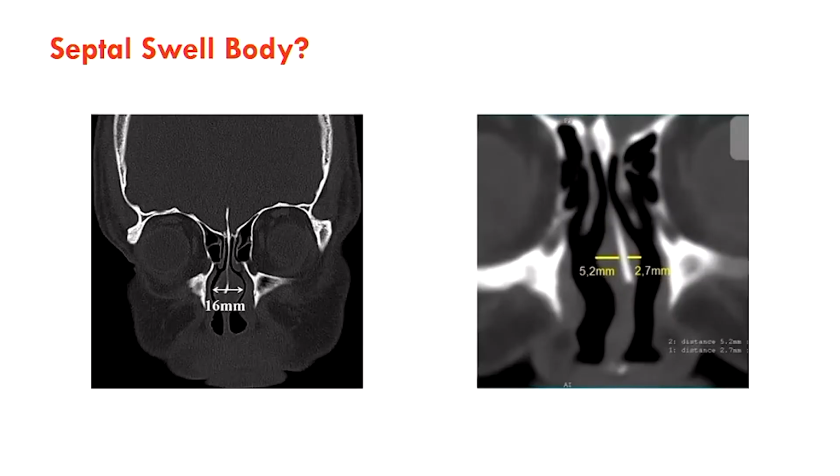Another component is the septal swell body. This is a normal anatomical structure that sits high up in the nasal septum, and it's been shown in previous studies to have histology, or cells, very similar to turbinate tissue, with venous sinusoids. But it's something that's not well established, and most surgeons don't address this during operations for nasal obstruction. So perhaps research into the behaviour of the swell body in nasal pathology will help us determine if addressing this structure in surgery might be